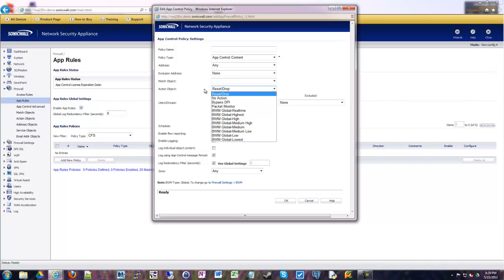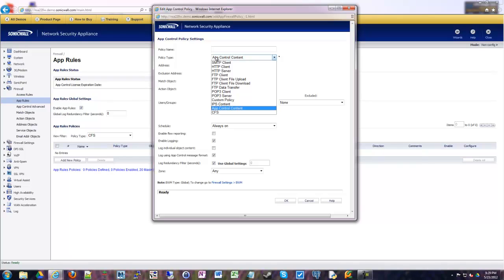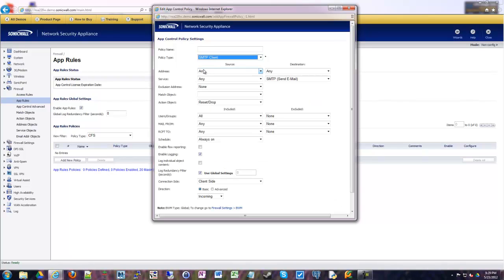You can actually do bandwidth management actions based on the applications that you're filtering within your application rules. So we can say it has the following traffic for an SMTP client, I'm sorry,